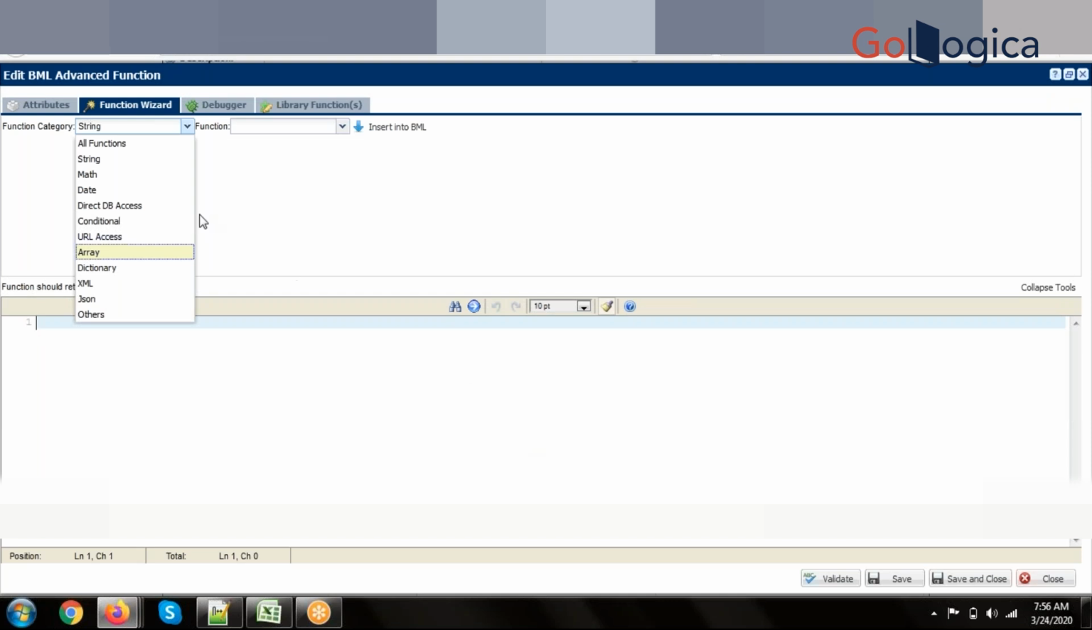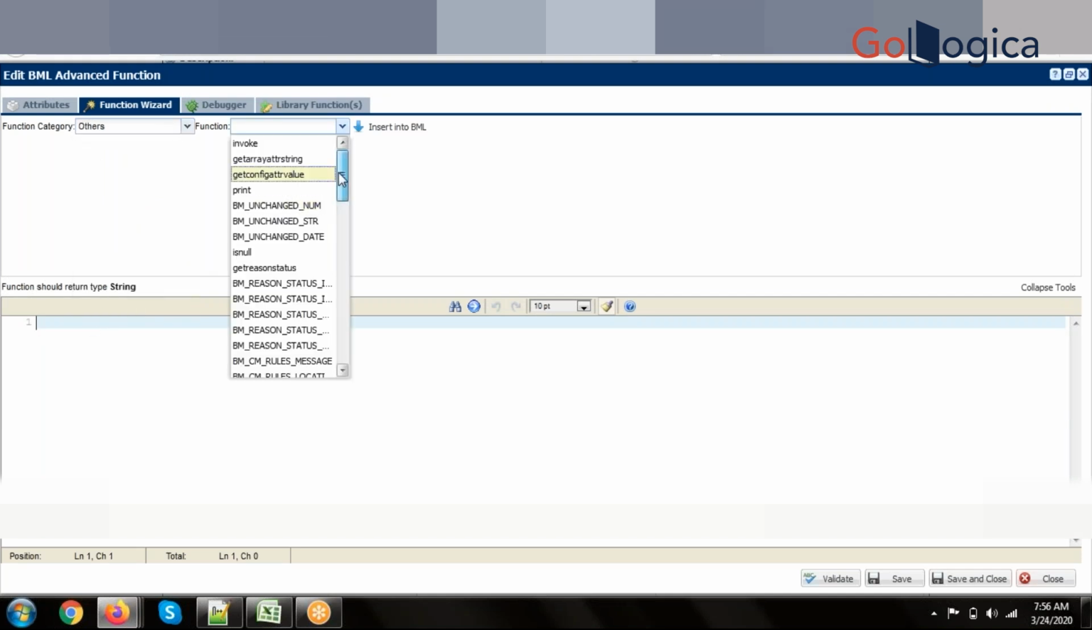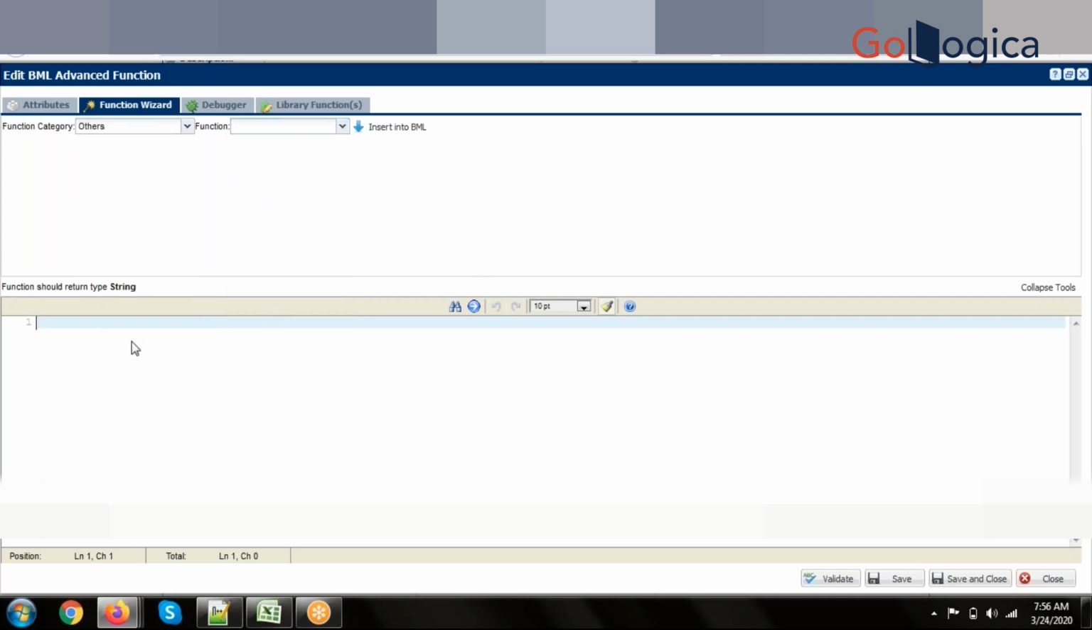Once you're done with them, you can try other functions as well. Some basic functions are available in this others category also, so here you can also find some basic functions. Generally, as we discussed, the return statement is important. Whatever we are returning, as per the editor, we need to return something. If it's a string, we'll return like this, or return